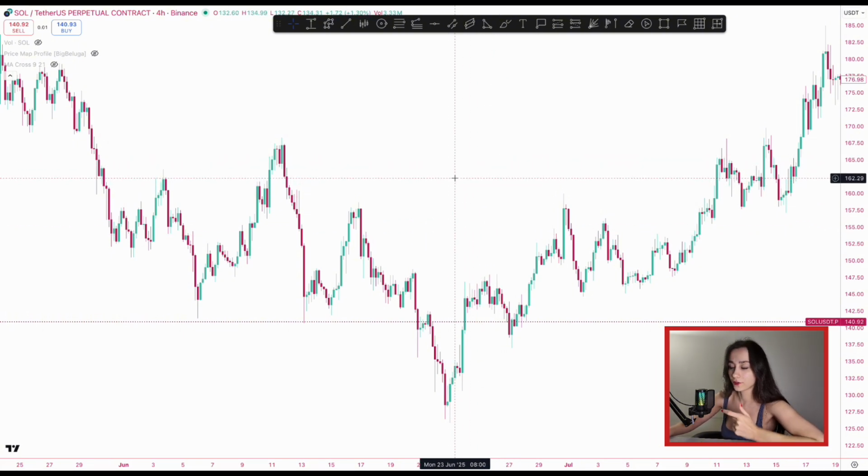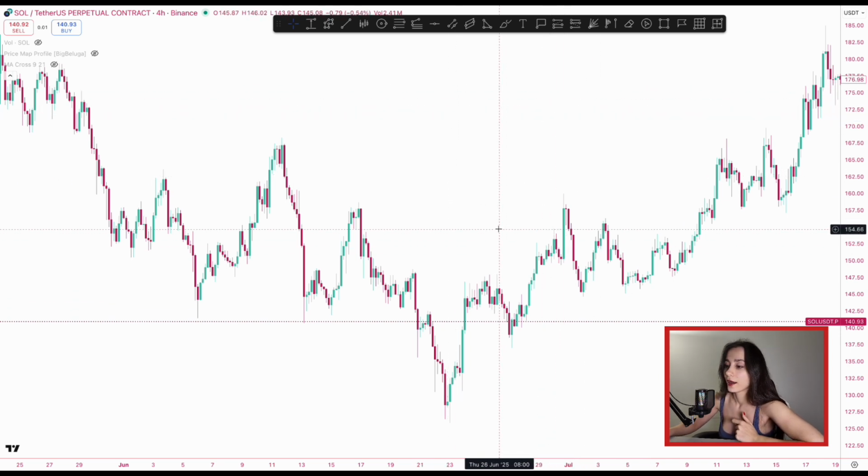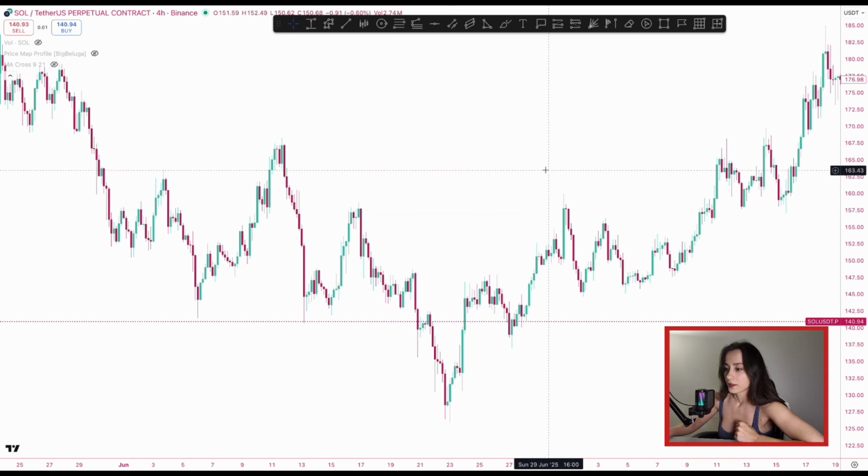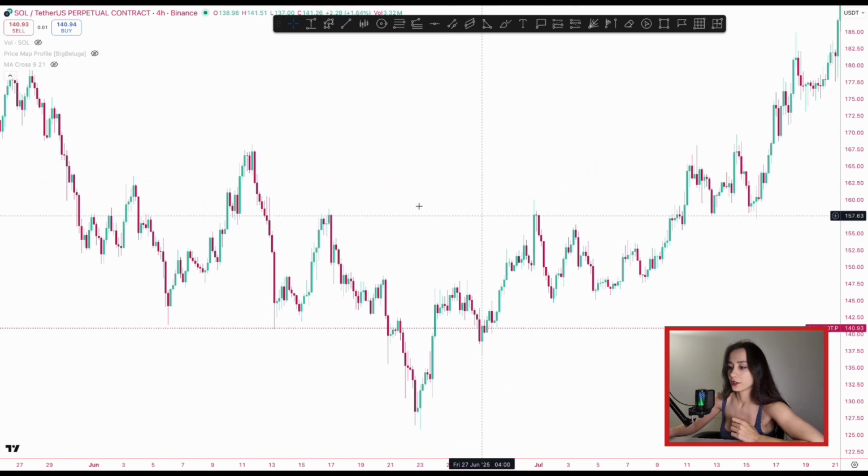So there are differences, because when we identify supply and demand, we're not going to use a horizontal line. We will use a box instead, like this, and we will try to figure out what's happening over here. So before I show you this, I need to show